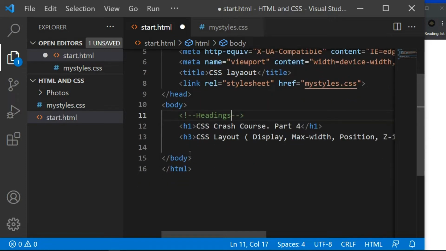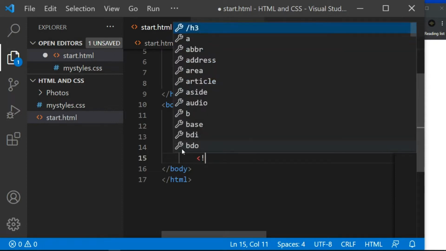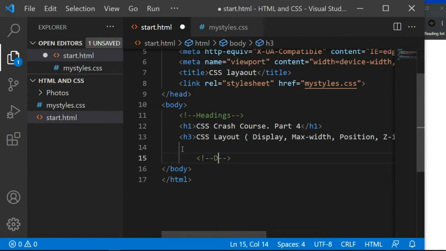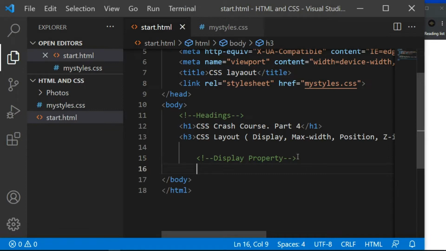So when you are done, I'm going to the next one, which is the display property. So let me just write again the comment, and then say the display property. When you're done with the display property, ensure that you always save. So now the display property, as I told you earlier, specifies how an element is displayed. It can change the layout. Before then, let me tell you that the major ones are two: the inline and the block